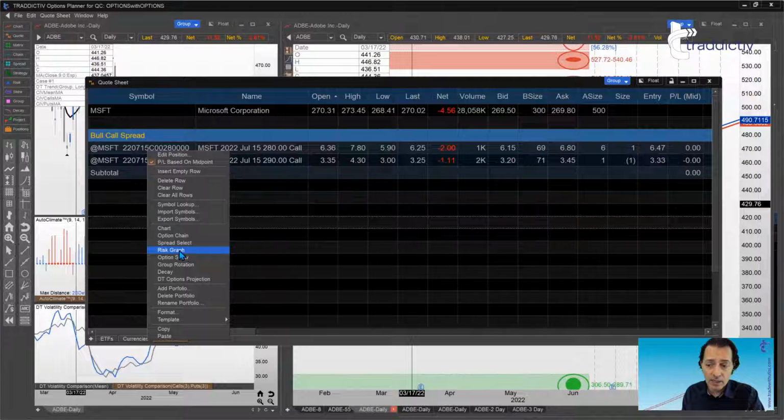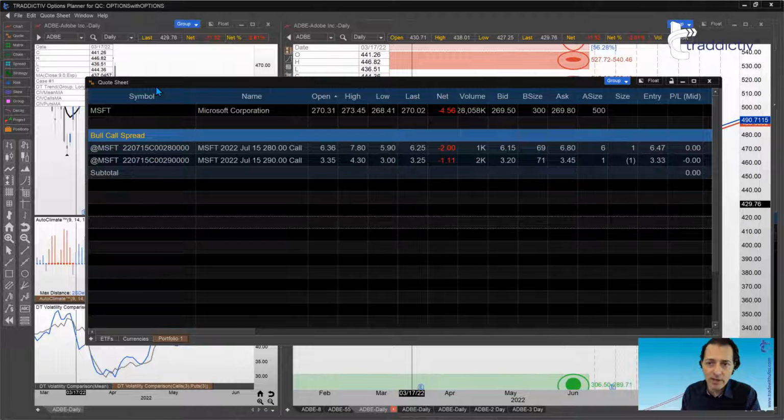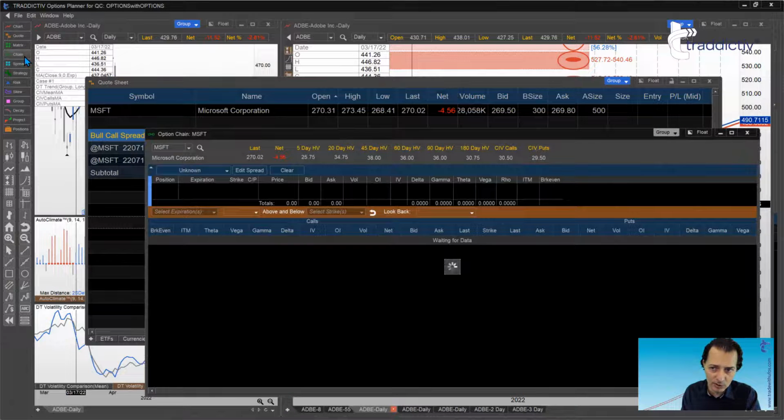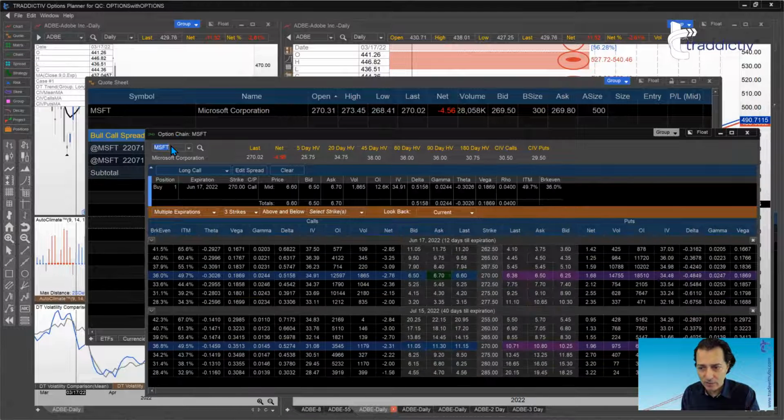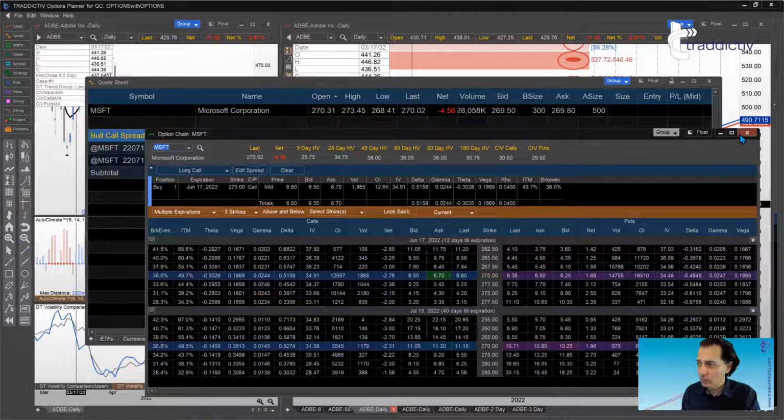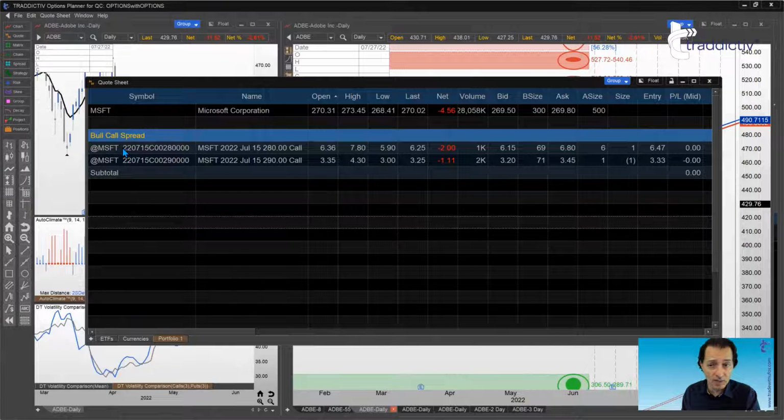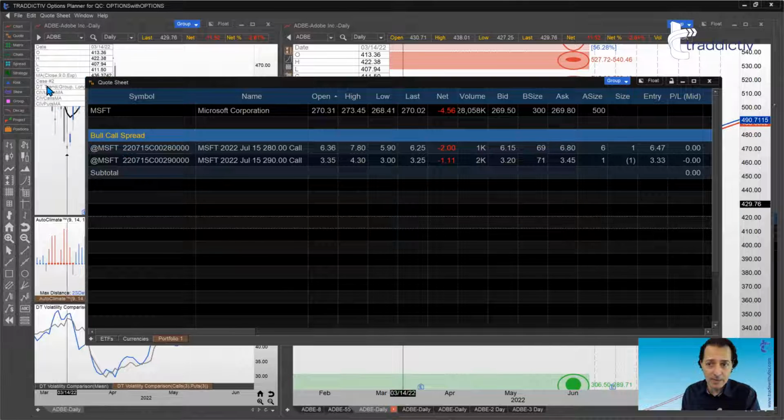Because if you were to call the risk graph, as I said before, for example, if you wanted an option chain on Microsoft, probably the easy way to think about it would be that you open the option chain and then you type Microsoft, right? If you were to look at a spread on Microsoft and you wanted a risk